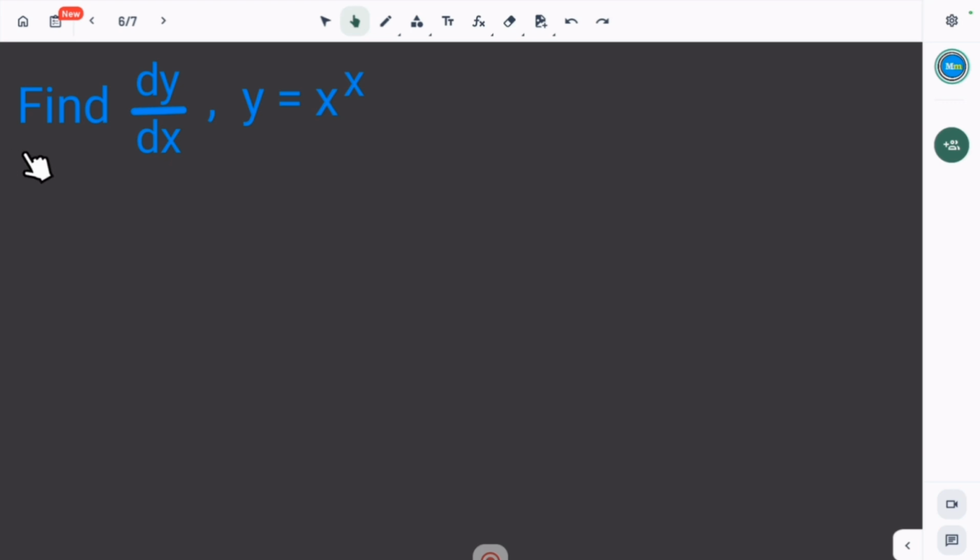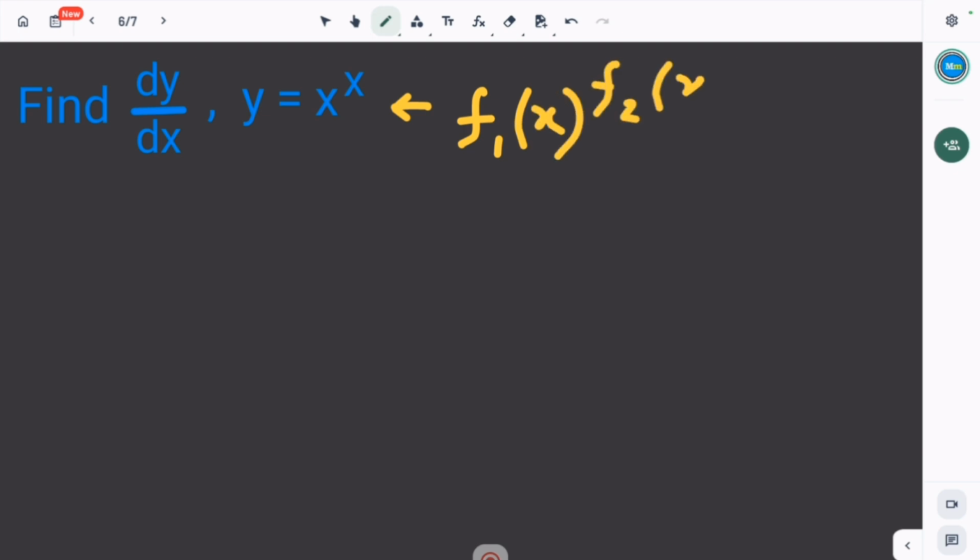So, the question is: find dy/dx, y equals x to the power x. So, let's see. Here, a function to the power of another function is given. So, in that case, we have to take log on both sides. So, given y equals x to the power x, taking log on both sides,